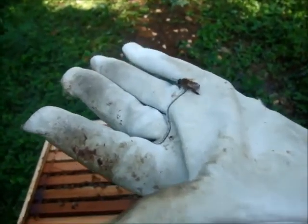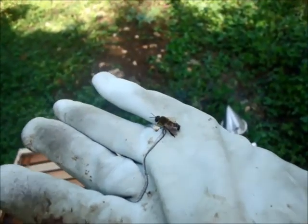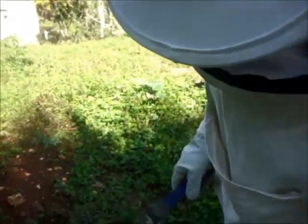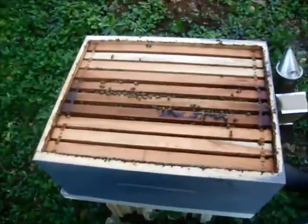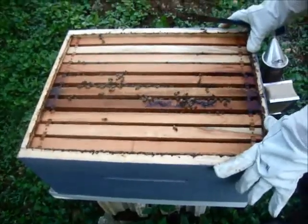And Deandra, why is it that you like to see the drone? Because whenever you see a lot of drones in the colony at this stage, when there's a lot of food and the colony is looking so strong, it's evidence that perhaps you have a new queen emerging and more drones to mate with her, or again the colony perhaps has an old queen, which is not necessarily good. But I do believe that drones are very important in maintaining a set temperature because of size. Size brings heat, and whenever the colony